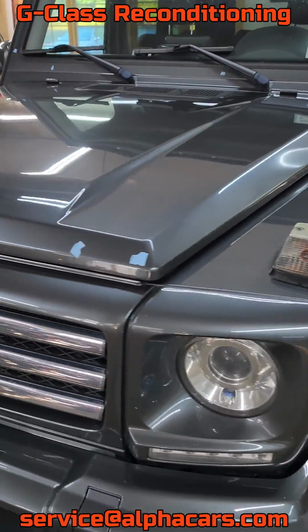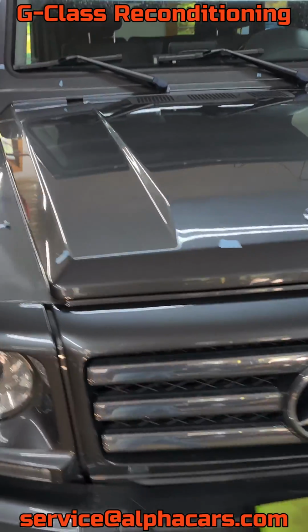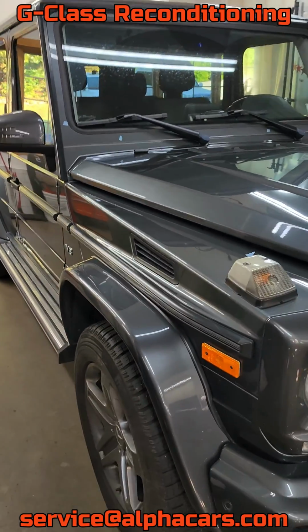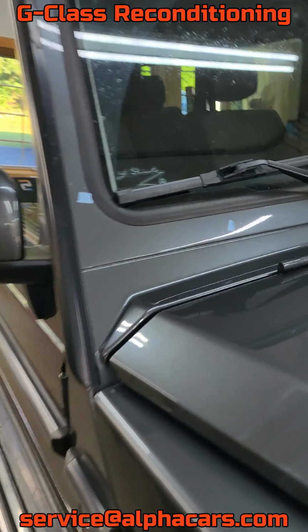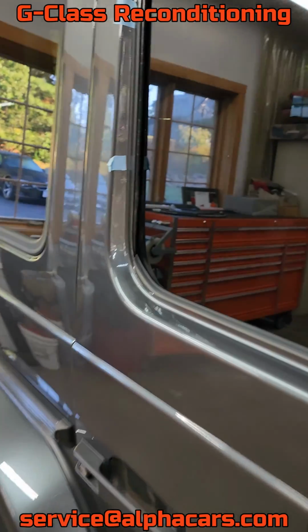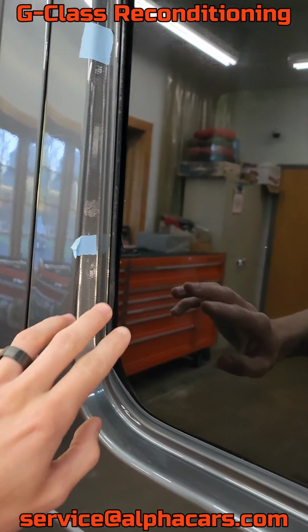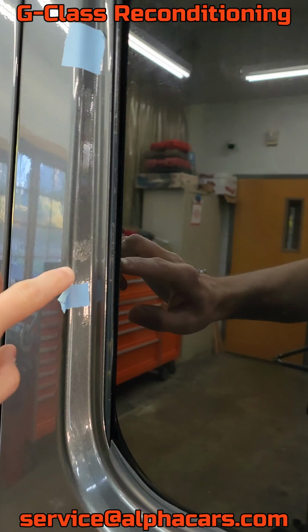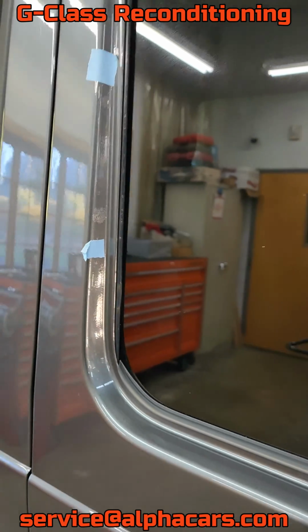And we have saved many of these G-Classes over the years. Unfortunately, they do suffer from some common rust areas, one being the windshield frame, another being the back edge of the doors behind the window. Because of this sharp edge, this sharp styling, we can see it'll pick up damage and rock chips from the